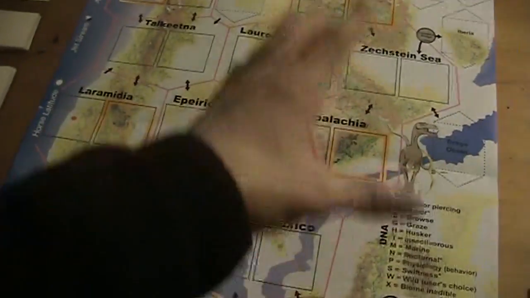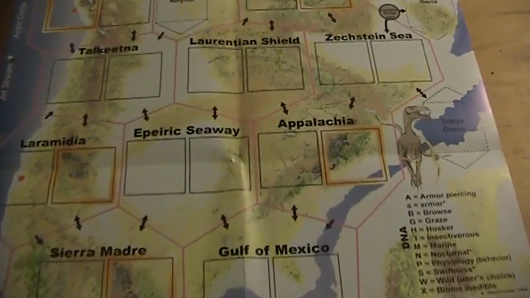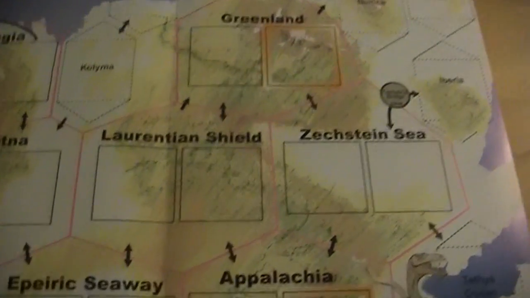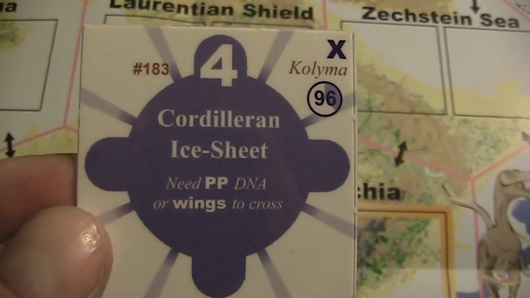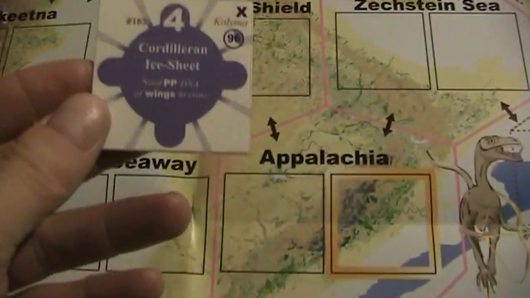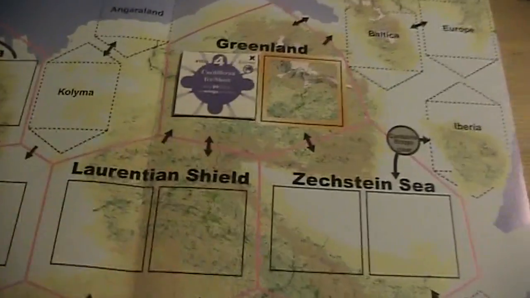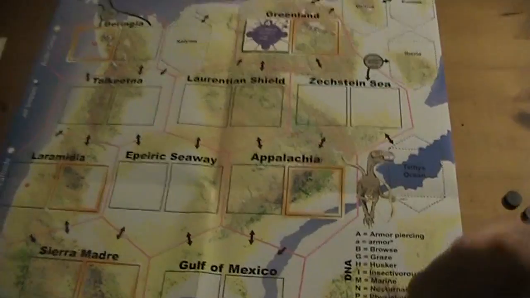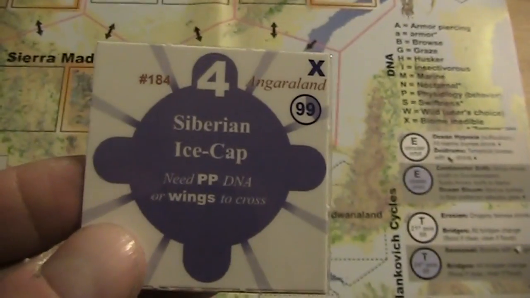construct our world. I've already explained that this map doesn't matter at all, actually, so it's just for the feeling, it looks a little better. And we start here, and that's a bad start. It's the Cordilleran ice sheet, and this is bad because you cannot live on an ice sheet. So we have to play this here at the top, and then we go on. Oh man, that's a problem. That's another ice cap, but